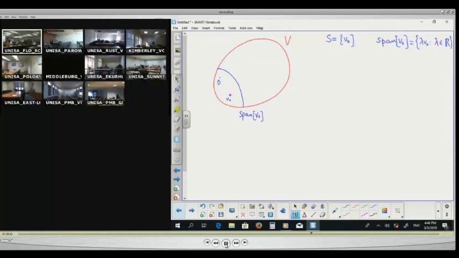Take any real number which is non-zero. Okay? Can you? Oof, 1 minute. Close this. If I take a non-zero real number, then span of X